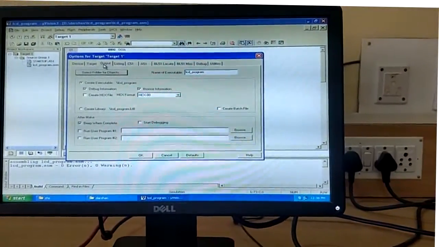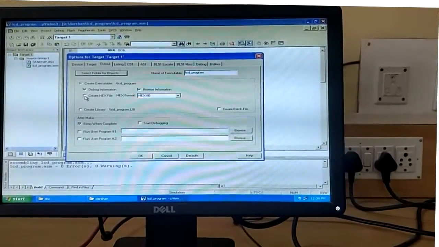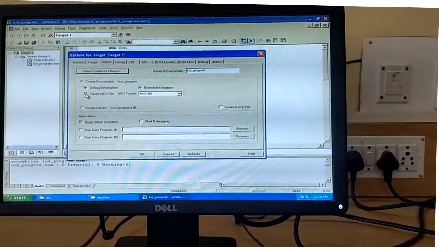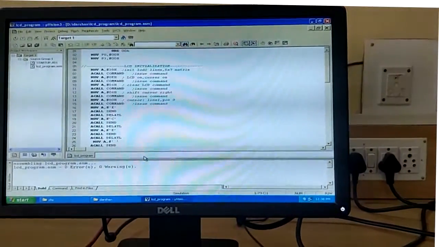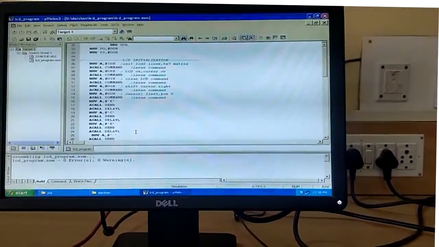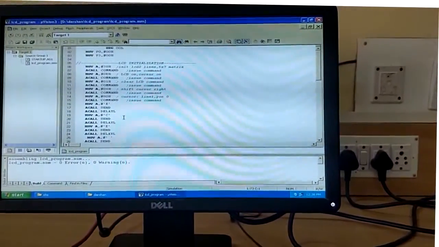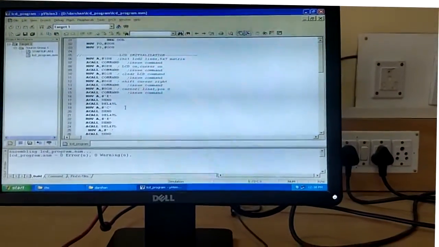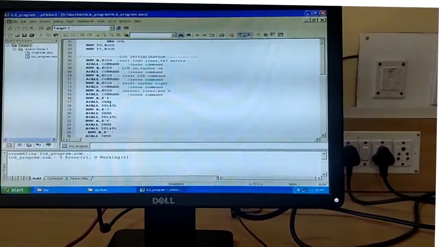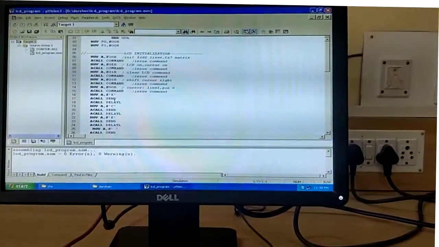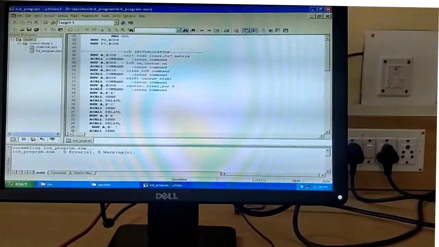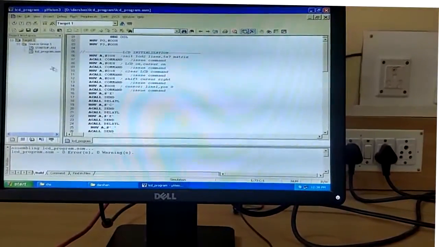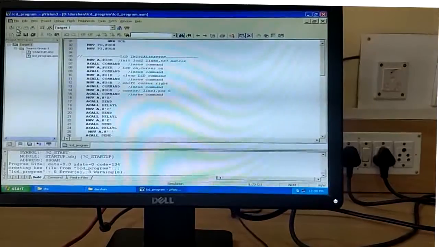Go to the output tab and check create hex file and click on OK. This is the option we need to convert the assembly language into a hex file, because the microcontroller will only understand the binary file. So first we need to create the hex file. After selecting that option, now build the project.